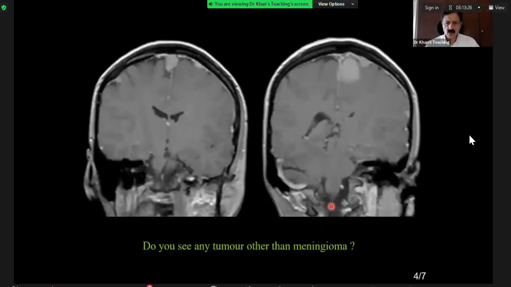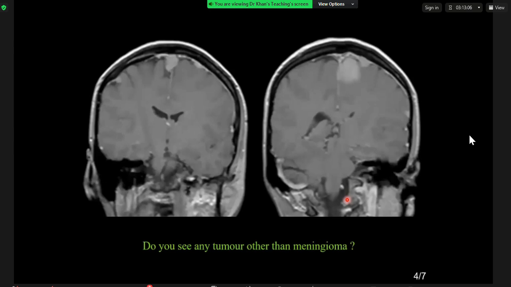Right. Now, I am showing you coronal post-contrast sequences. Do you pick up any other tumor? It's a bit harsh for me to ask you to pick up small tumors, some other tumors. Can you pick up something? So I can see that there is asymmetry between the right and the left cerebral hemisphere, and the left